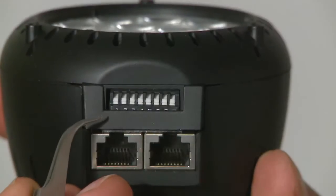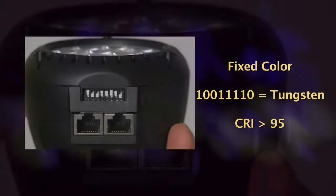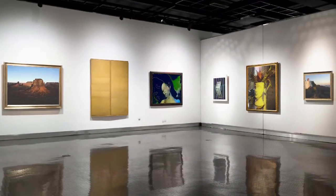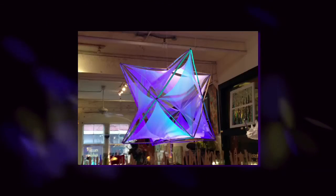Here's another great feature. If you only want a fixed color, you can make a tungsten warm white 2700K with CRI above 95. This would be great for a gallery or museum or for lighting the runway of a fashion show. The tungsten setting is only one of many fixed selectable colors that have been designed specifically for stage, studio,